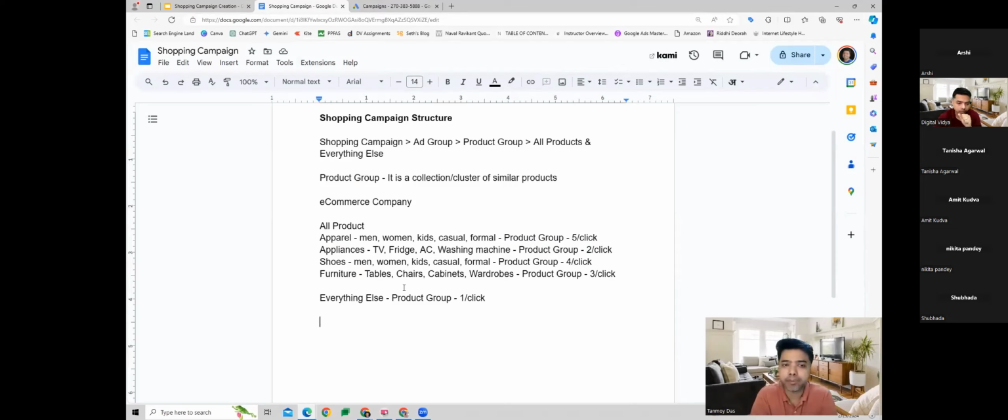So let's take an example in our mind before we get into the practical to see how we can create it. Let's assume we have a sheet of products, 100 products coming from 20 brands, which we want to build a shopping campaign for. Okay, so now we can build a structure around that. Since the sheet is linked to our Google Ads account, you will be able to filter the sheet through the campaign. So there are ways by which we will be able to subdivide or filter our Google spreadsheet through the shopping campaign. So let's have a look at this, guys.